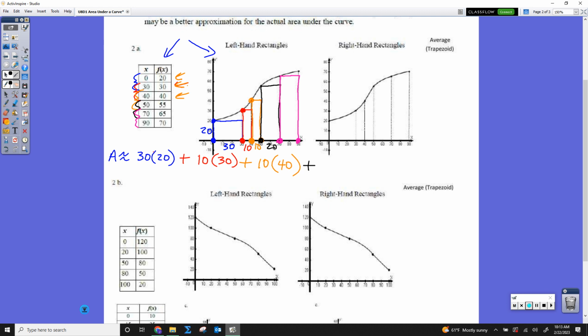Distance between 50 and 70 is 20. So 20 times our height, which is 55. Make sure we use that table since those values are given to us. Don't just approximate by what the graph looks like. Then our last rectangle,